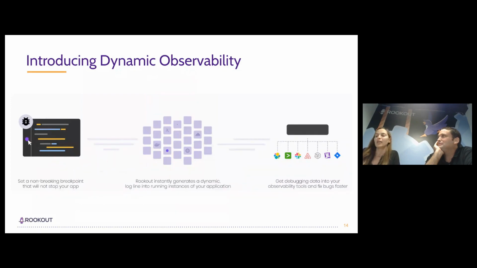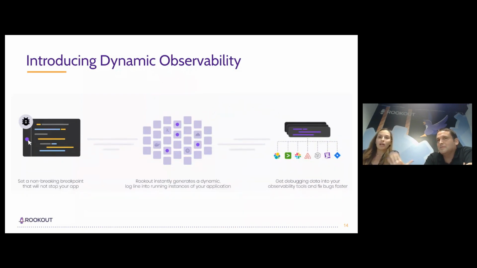So how do I do that? It is done by dynamic instrumentation through bytecode manipulation that allows any engineer to fetch real-time data from their code and get to the root cause faster. As we can see in this little animation, we set a non-breaking breakpoint that will not stop your application.